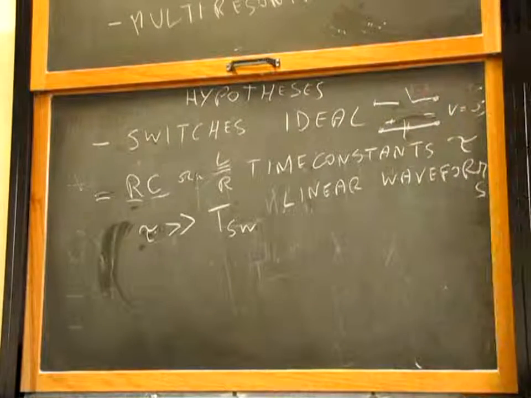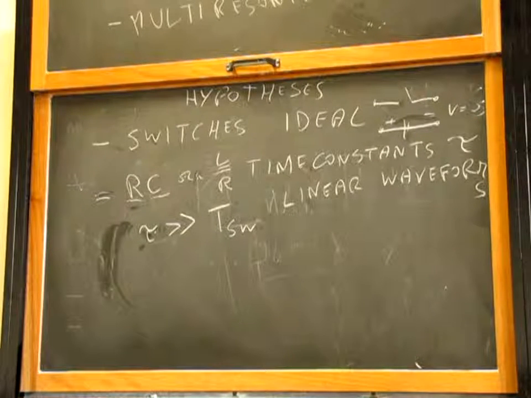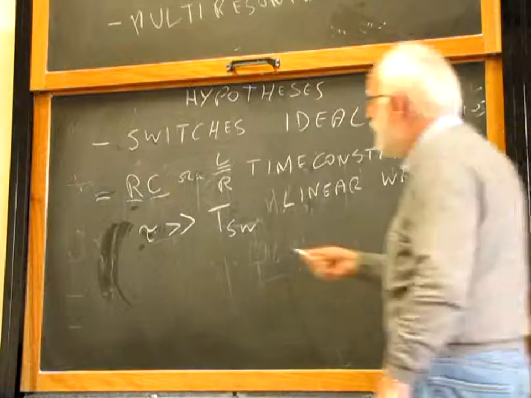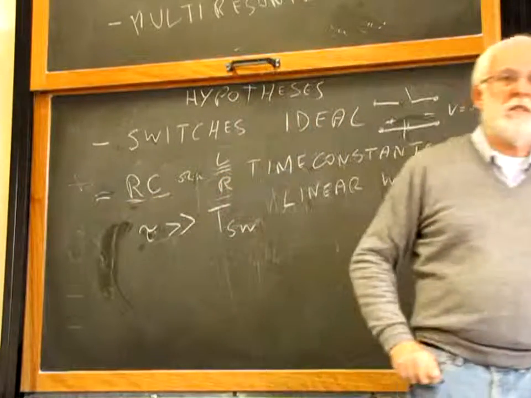No exponentials, even if the real waveform is an exponential. If you look at an exponential only at the very beginning part, it's static. It's like e to the power of x is 1 plus x, and then you drop all the other terms and you have a straight line.